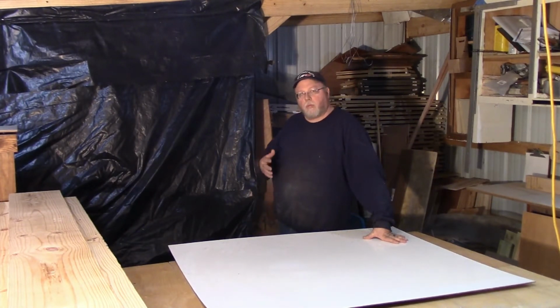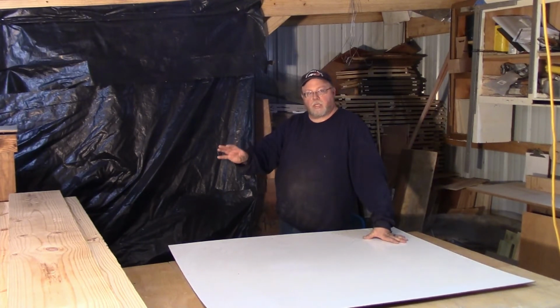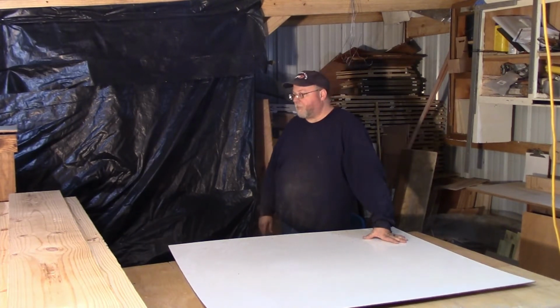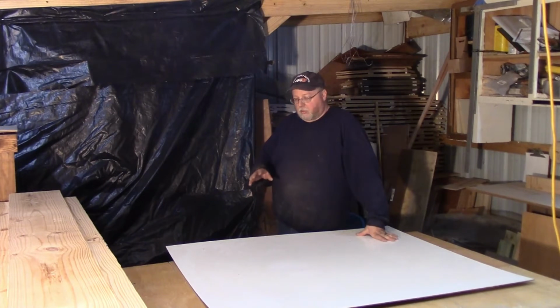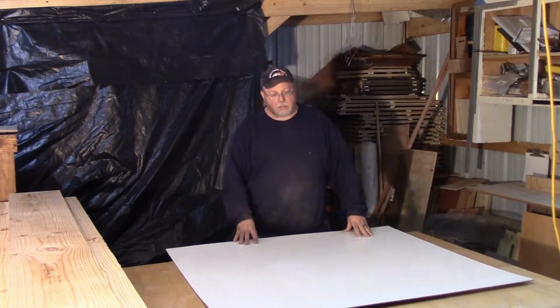I've been needing a whiteboard in here with all the projects I've got coming. I've got a whole pallet of wood here that is going to be converted into countertops for our kitchen. That project is coming up; actually, that's the next project. But what I needed in here was a whiteboard to be making notes and marking for